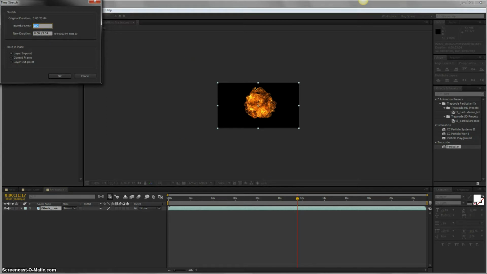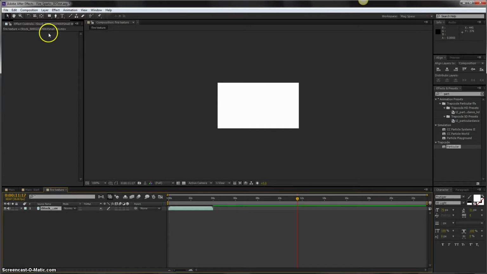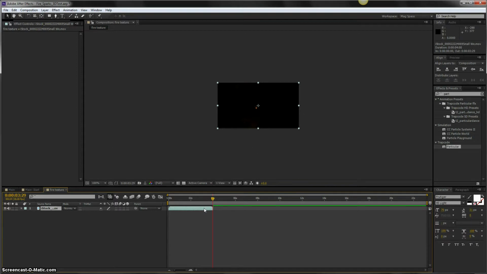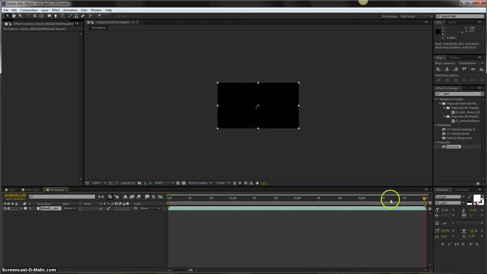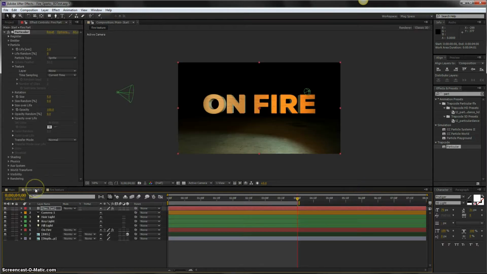So we want to take the slow motion footage and get rid of the slow-mo, and we're just going to change it to 4 seconds. I'm going to put the current time indicator at the out point, hit the letter N to make the work area shorter, and I'm going to trim the comp to work area. So now we have a 4-second clip that flames on and goes away, and it all happens in about 4 seconds. So I'm going to come back to main start and back to our particle